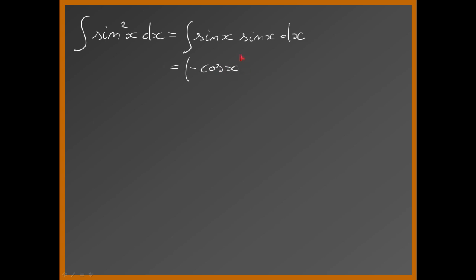We want to compute the antiderivative of sine squared of x. I propose to use the rule of integration by parts. We can write the sine square of x as the product of two sine functions. And then, by applying integration by parts, we obtain that this is equal to the antiderivative of sine of x, which is minus cosine of x, that multiplies sine of x,